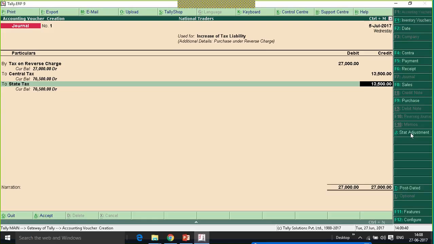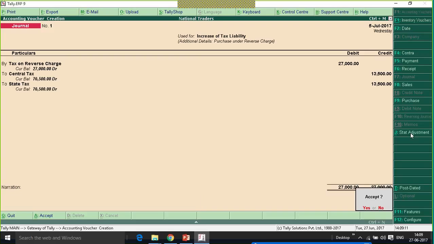So the reverse charge mechanism will be, the tax liability will be on the recipient. I am a recipient of goods. My supplier will not collect tax from me. I have to raise the liability, pay the tax to the department, and claim the tax paid amount as input tax credit. Now we are raising the tax liability by debiting my current asset ledger and crediting the duty ledgers. Let us accept this voucher.